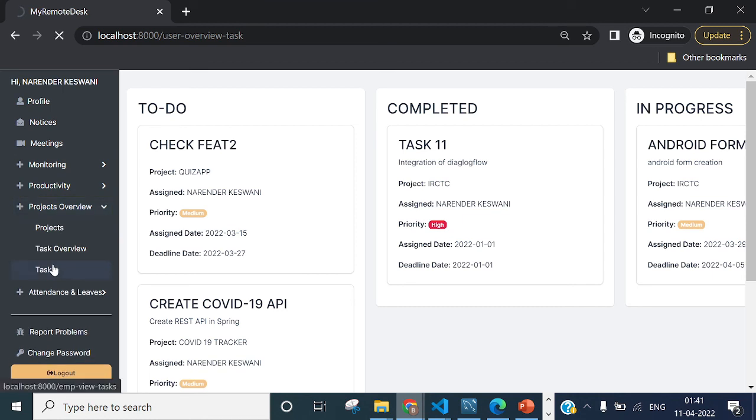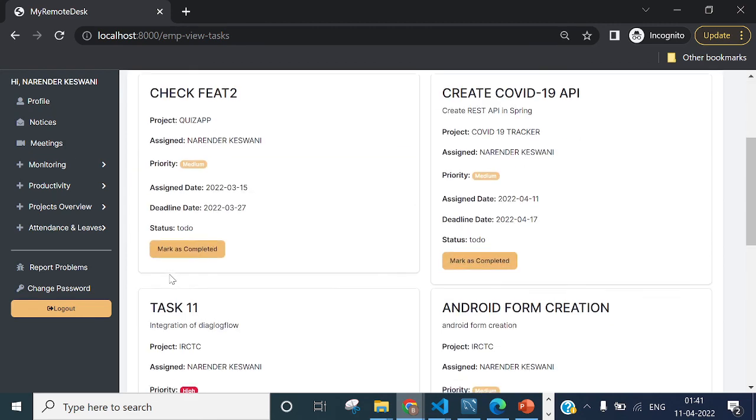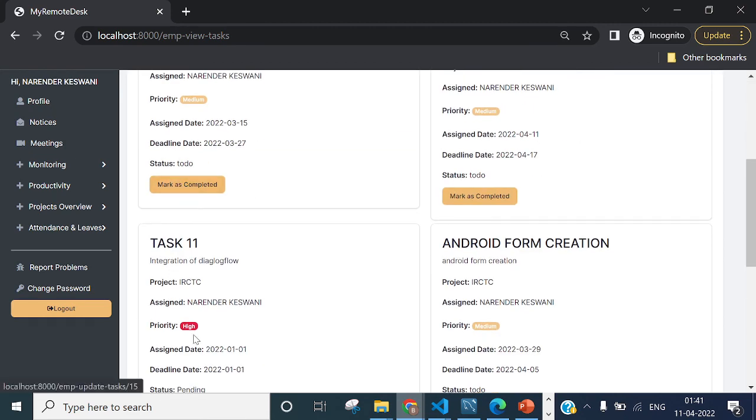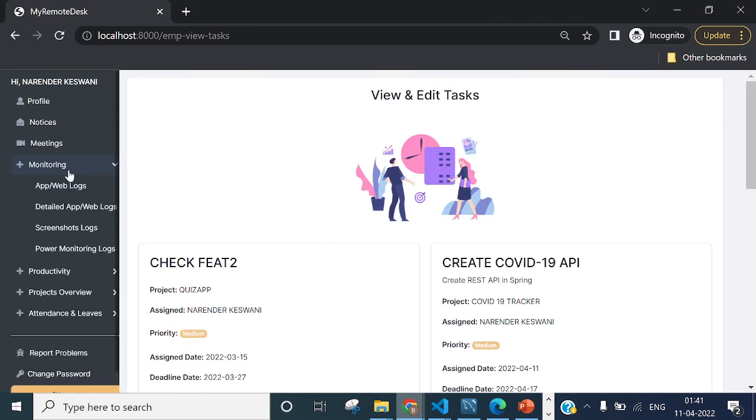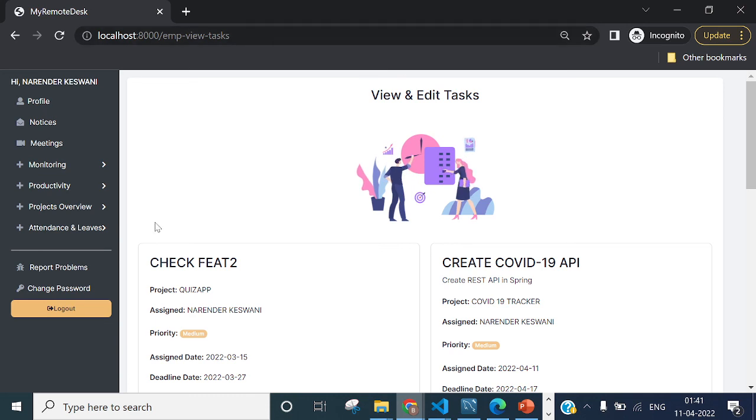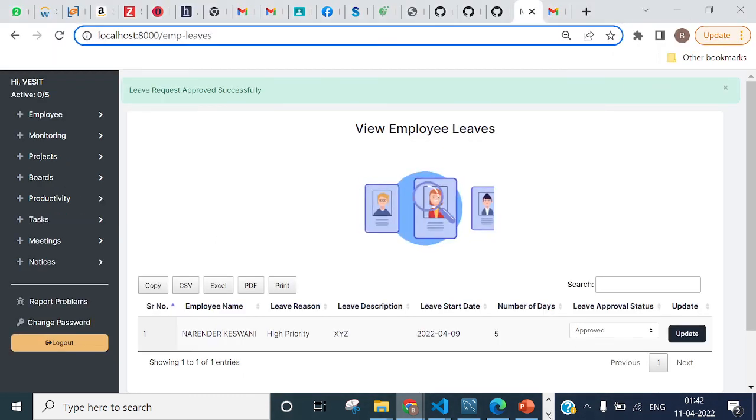And in this task, once the task is completed by the employee, he or she can mark it as completed, and it cannot be undone. So there is a button, mark as completed. It will mark the task as completed. So now monitoring is the same, so I am skipping that part also. And there is a logout which is very simple. So now I am showing the desktop app,